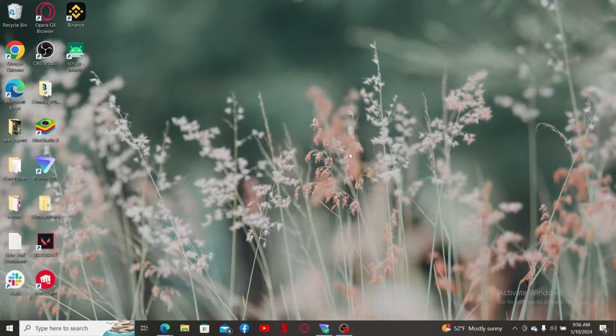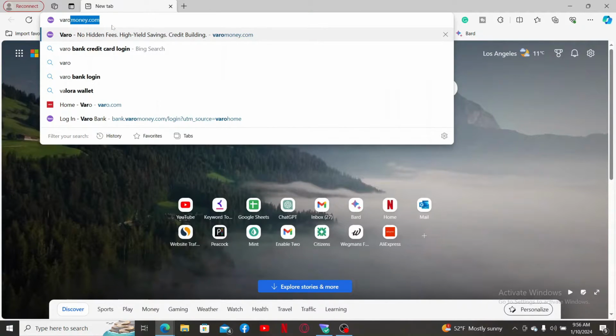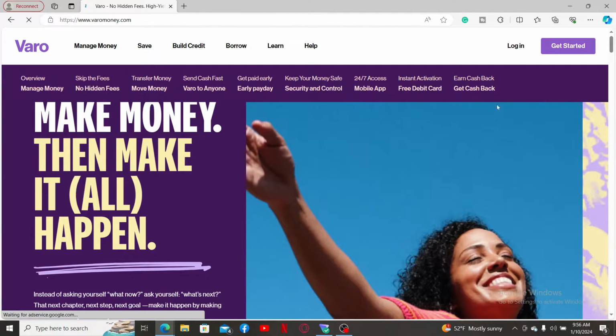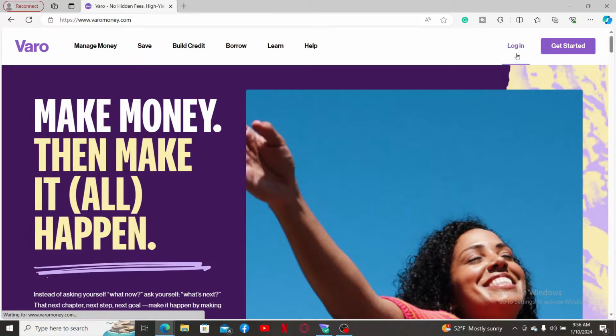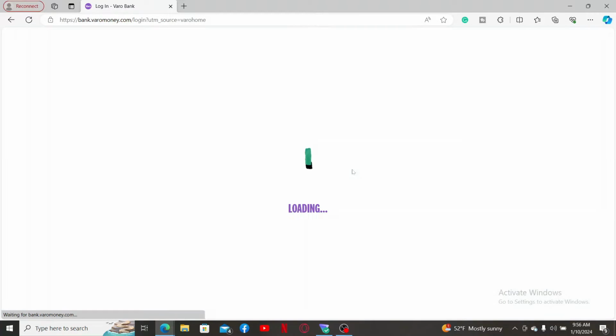First of all, open a web browser and then go to the URL box and type in varomoney.com and press enter on your keyboard. Go ahead and click on the login button at the top right corner from the main homepage of Varo. Doing this will take you to the login page for Varo, where you will need to enter